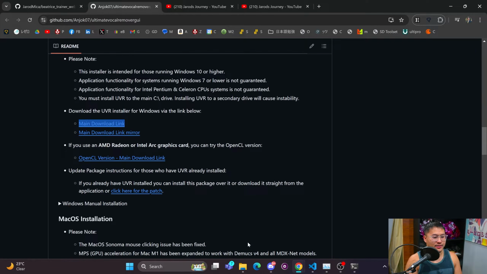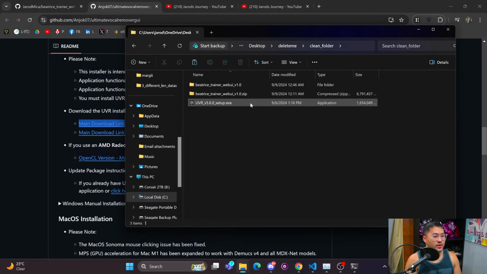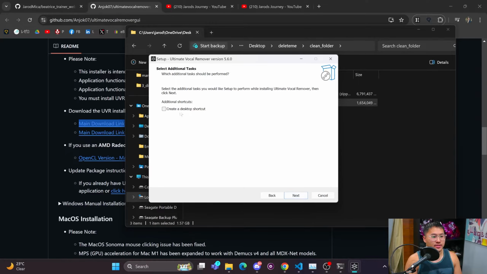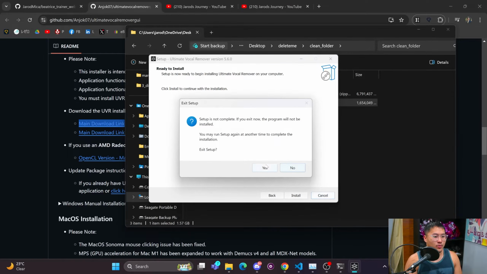And then once that's finished, you can go into and double click it in that folder. So let's double click and run through installation real quick. I accept agreement, next, and then click install to run the installation. I'm not going to do it because I already have it installed on my computer, but once you do that,